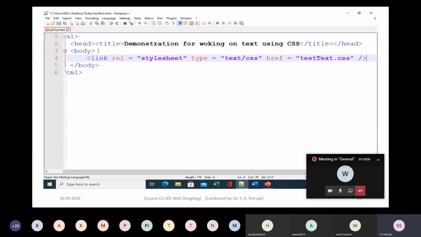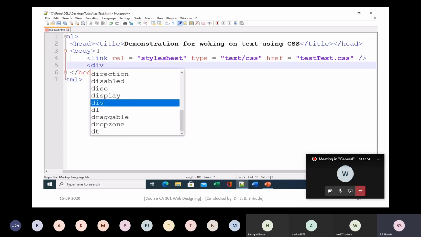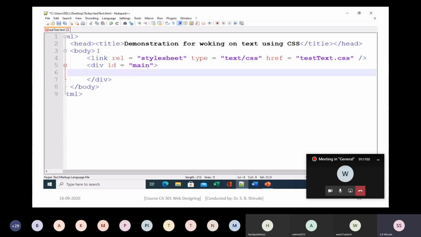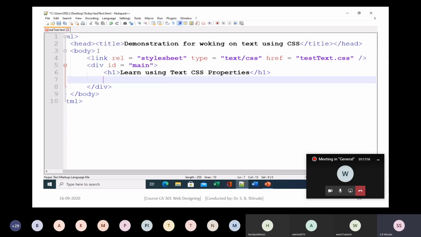So I have to give the name of the CSS file as test.txt, same as that of HTML. So div id is equal to main. So I have put one div section, and now in the div section, I will put here h1 element, learn using text CSS properties. Some heading I have given.